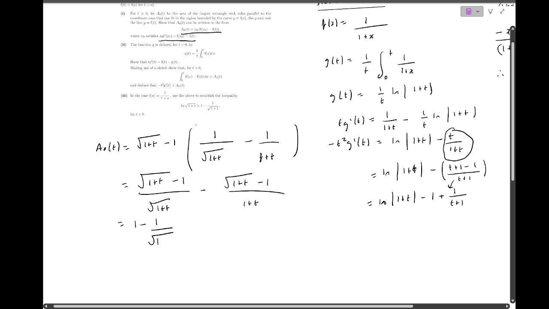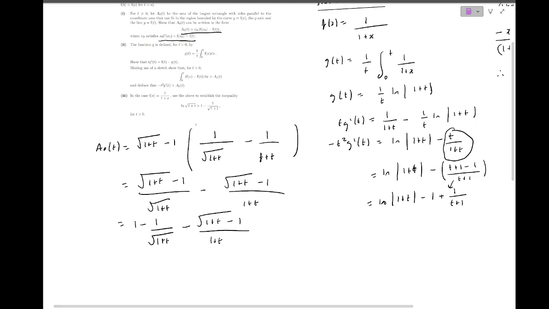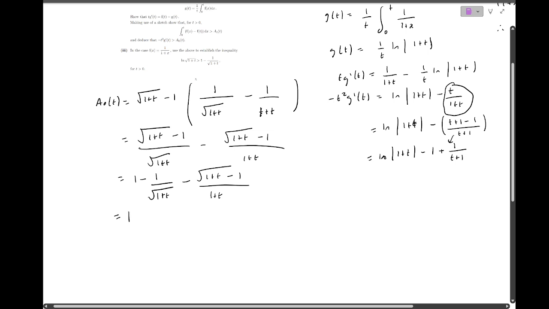Minus 1 over root 1 plus t, minus root 1 plus t minus 1. Okay, now what I'm going to do is over 1 plus t. Now what I'm going to do is take the minus signs common. So we get something like this, which is 1 minus 1 over root 1 plus t plus root 1 plus t minus 1. Okay, and once again we're going to split this fraction even further